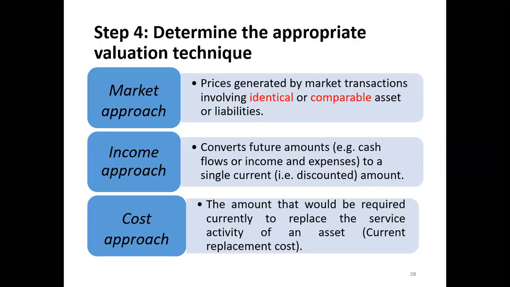Sir, excuse me, sir. In the income approach, for the future cash flows, it is very difficult to calculate the future value, no, sir? So we can use some other methods, the discounting factors approach, for the calculation of future value for the present value. When it comes to the income approach, by forecasting the future cash flows, we need to discount them and take the present value today. That is what we call the income approach, right? It is not just about future cash flows. It's about converting the future cash flows to a single current amount.